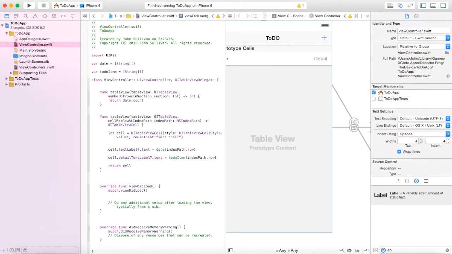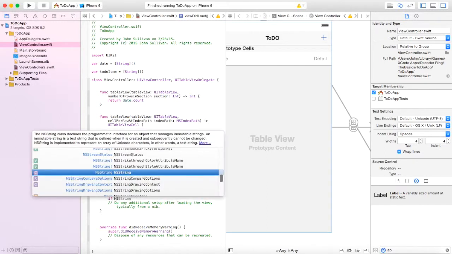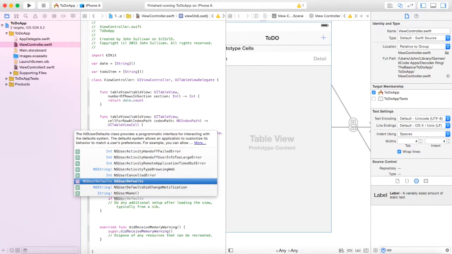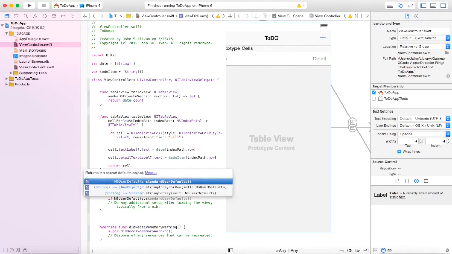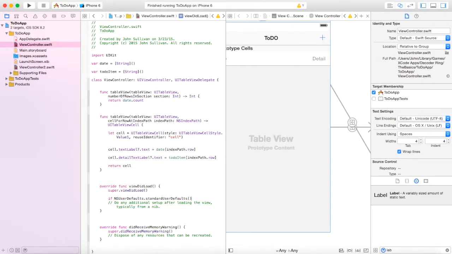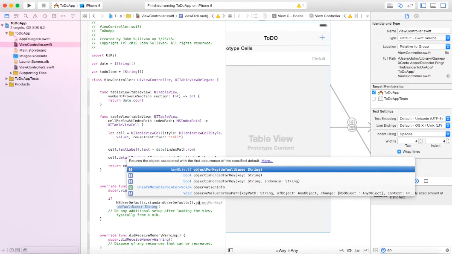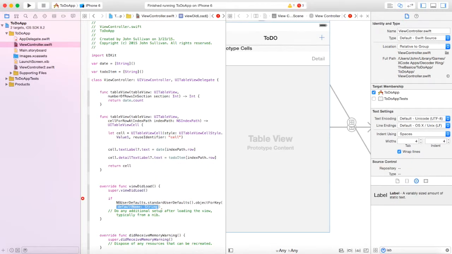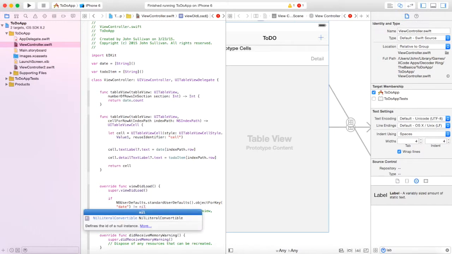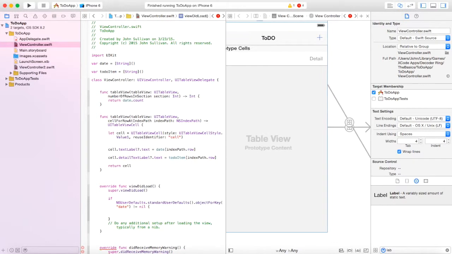So now we're going to cruise over to the other view controller under the viewDidLoad function. So when it loads, we're going to pull our user defaults. So we're going to say if NSUserDefaults.standardUserDefaults.object for key. And what key is it? Well, one of those ones that we just named. So let's first do date is not equal to nil, and brackets,